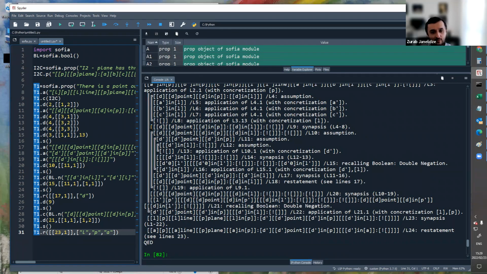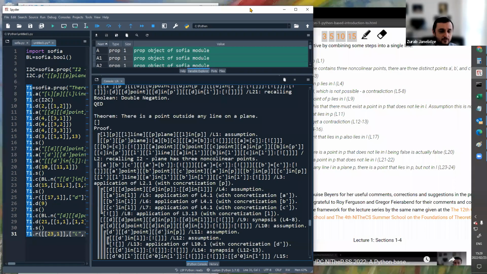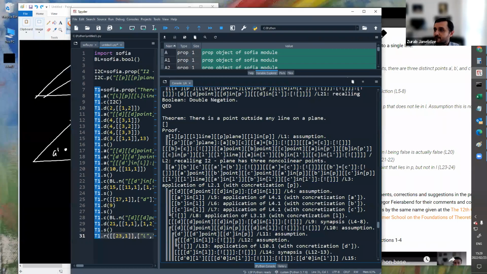So we arrived to a place where we made the assumption that what we want to prove, the opposite of that is true, and then from there we will come to a contradiction and hence conclude that what we wanted to prove is actually true. That's something we're going to continue with tomorrow. Okay, I think that's it from my side. If you have any questions, we can for a few minutes discuss them, otherwise.